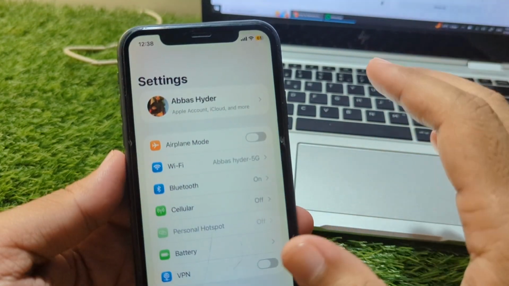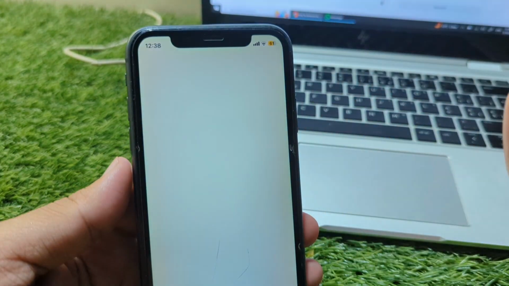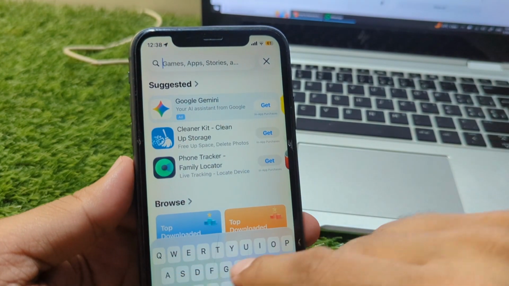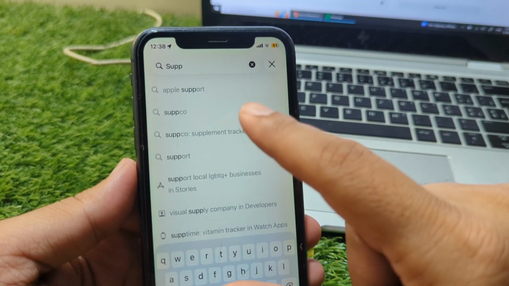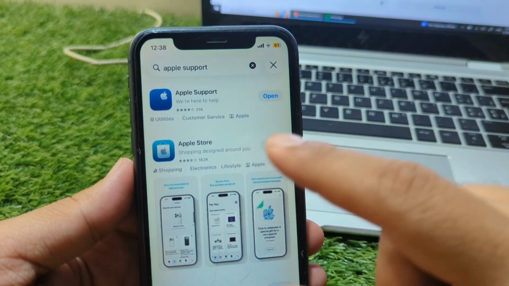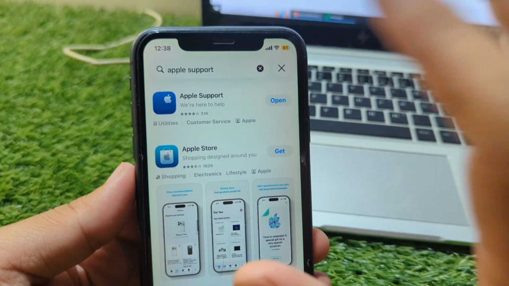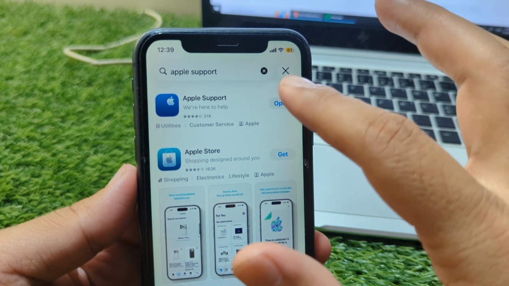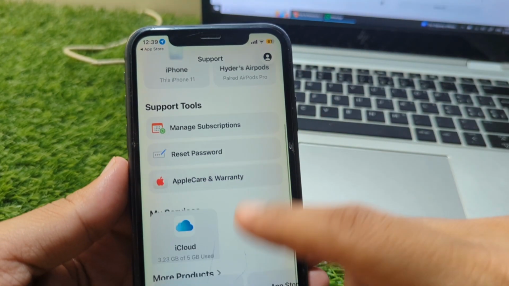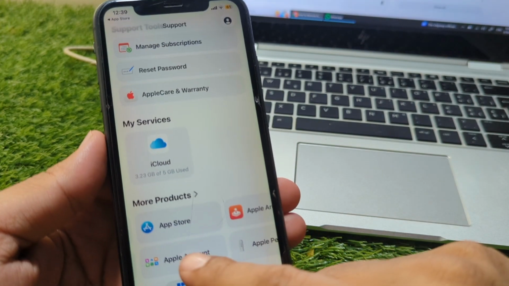So guys, first of all, go back to your home screen and now you have to simply open App Store and then search here for Support app. So I simply search for Apple Support and download and install the latest version of the Apple Support app. Once it is completed, simply open this app and now you have to go to Apple Account. So I simply tap on Apple Account